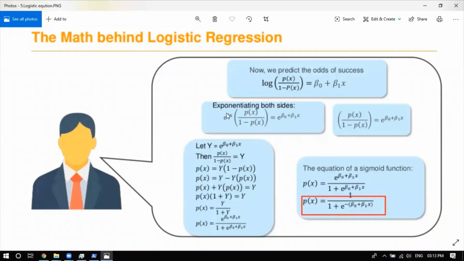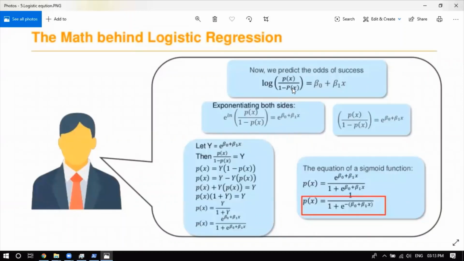That's how you use a probability function, P of X. The probability of anything happening is P of X, so the probability of anything not happening will be 1 minus P of X. That's simple, that's the normal probability function. So that's what we did here: P of X is the probability of happening divided by 1 minus P of X, which is the probability of not happening.